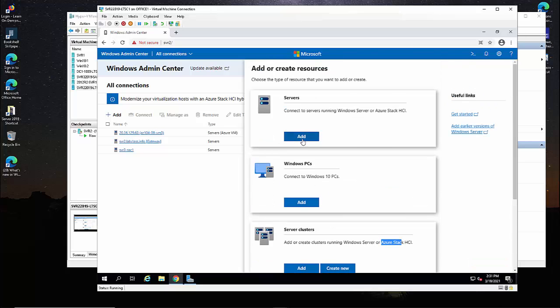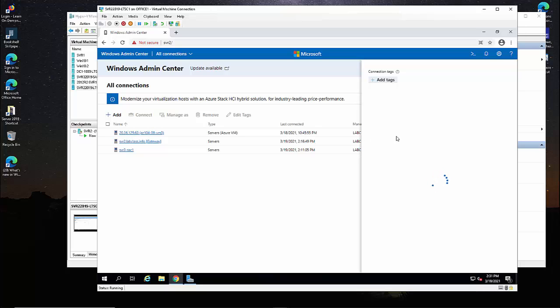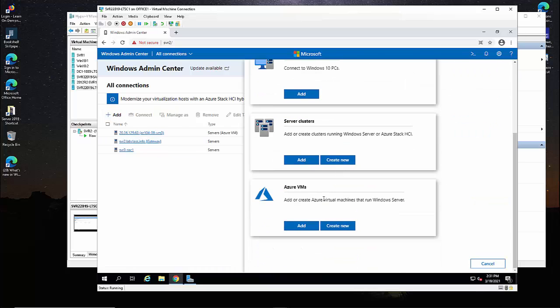So again, I would add in the local server. I could do it by IP address or DNS name, or search AD like we did in the server manager, bring that server in directly. Like over here, I brought in server 3 SA1, the same one we just brought into the server manager console. Of course, like I said, you can also add, and then down here, if you have the subscription up to Azure and you want to add in those virtual machines,